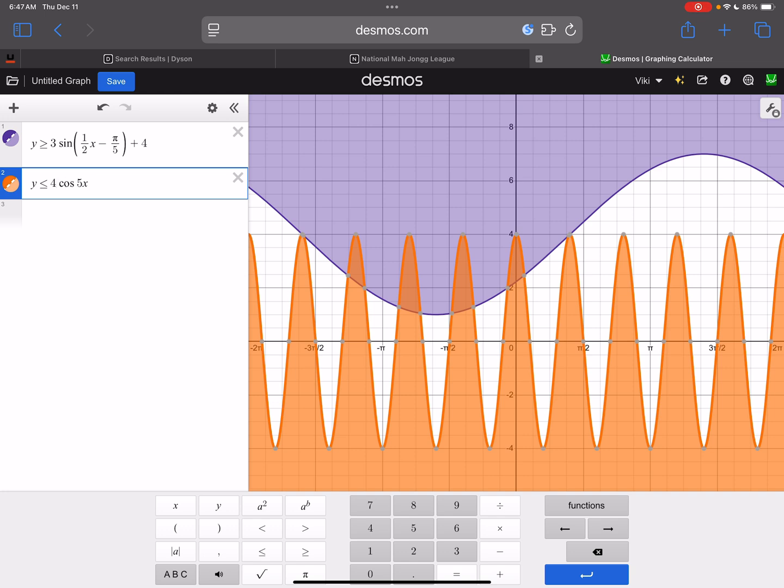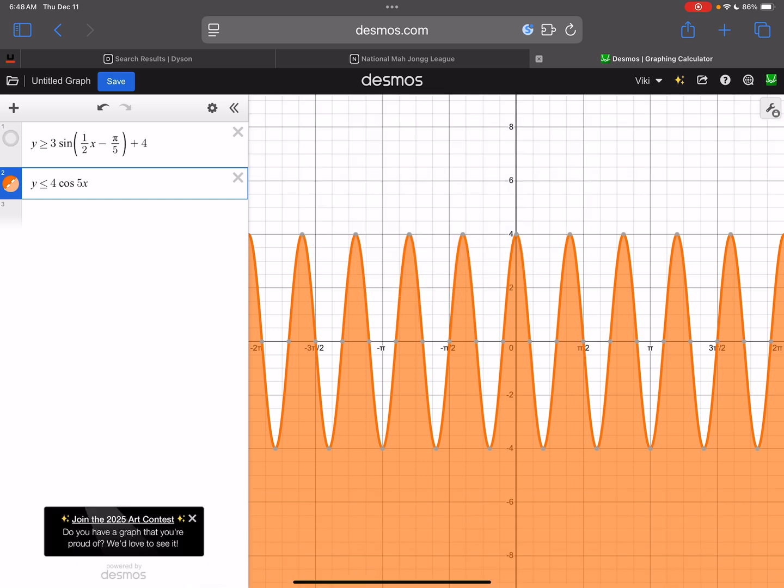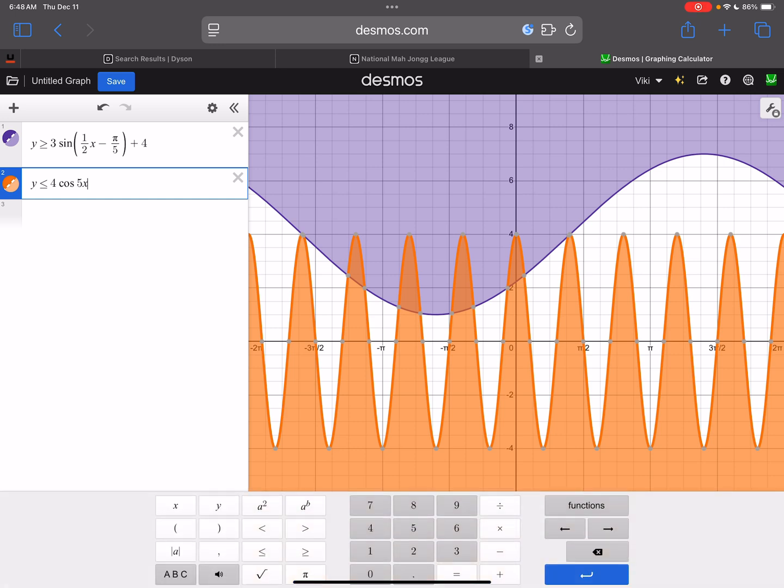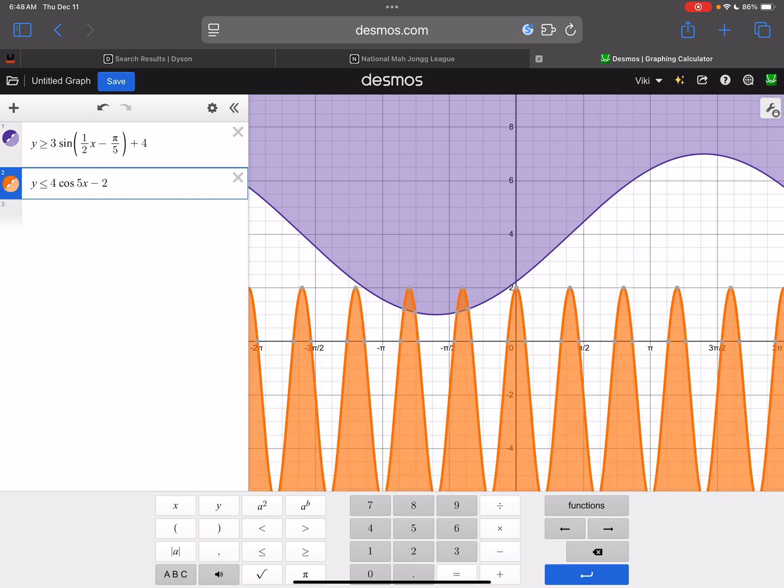And then, as you start adding more, it can get a little bit confusing. You can turn them on and off like this. If I just want to work with this orange one for a minute, I can turn the purple one off. And also remember that, okay, so let's say I move this one down 2. When you get ready to draw them, you're going to need those center points, mins and maximums. So sometimes it might be helpful